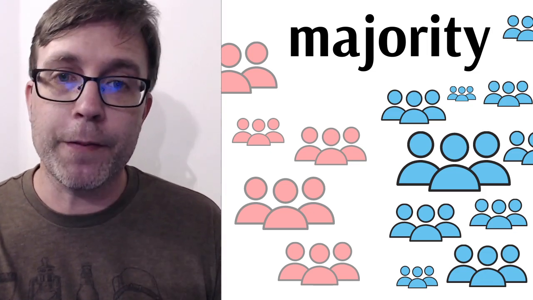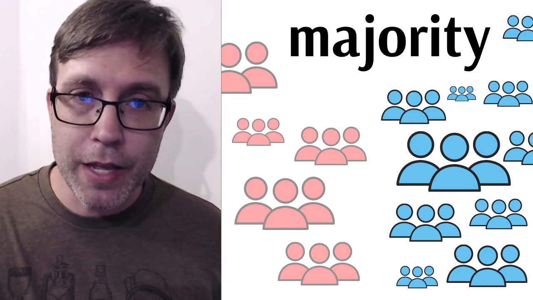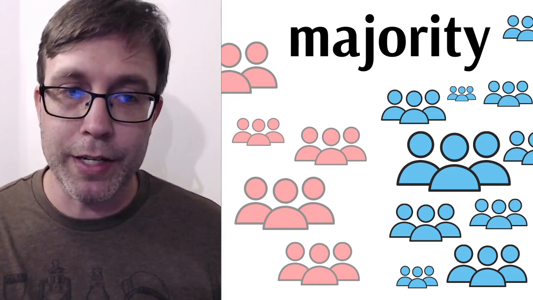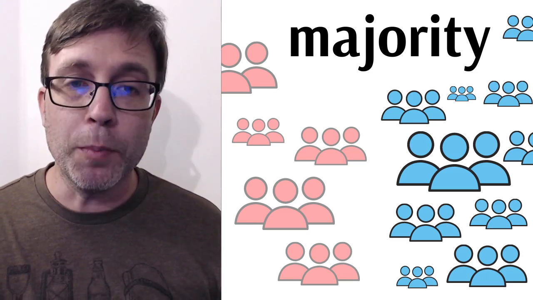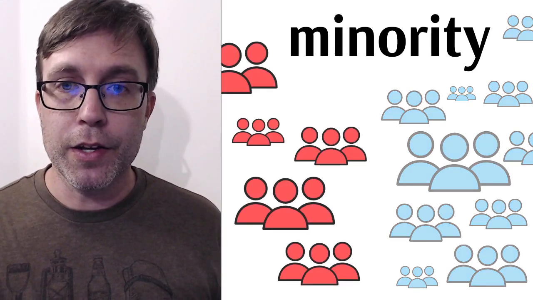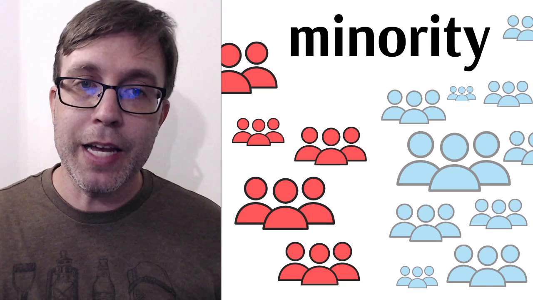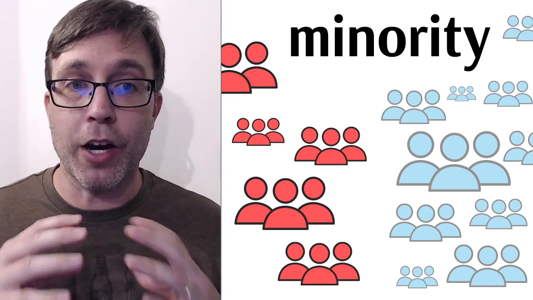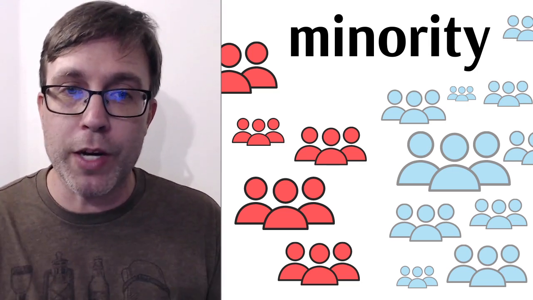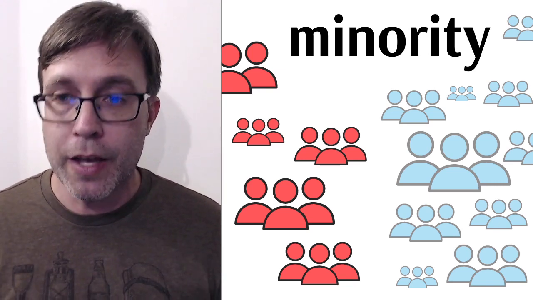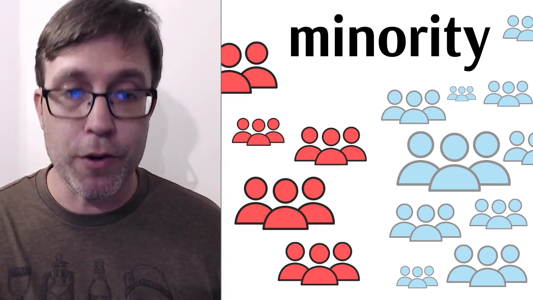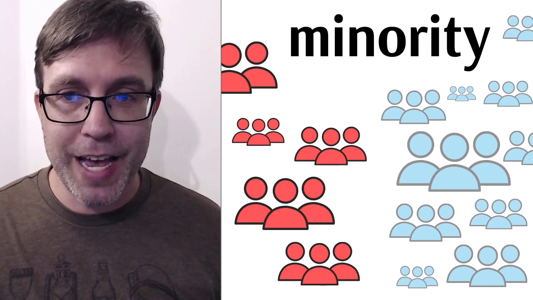And you're talking about the larger number, the majority. So if the blue group is the majority, then the red group is what? It's the opposite. The red group would be the minority. So the majority and the minority, if you want to get into talking about numbers, all right, which one is more? More people are in the majority, fewer people are in the minority.